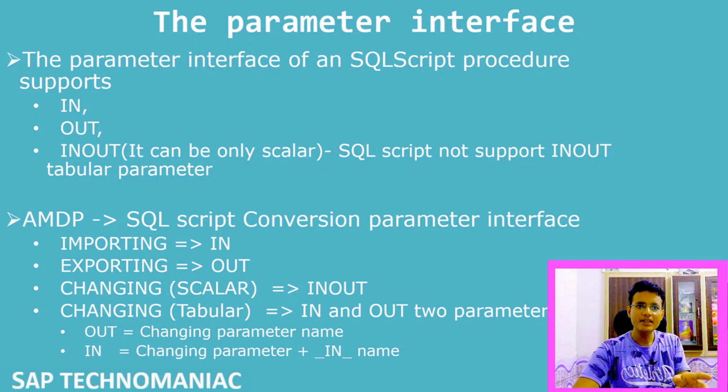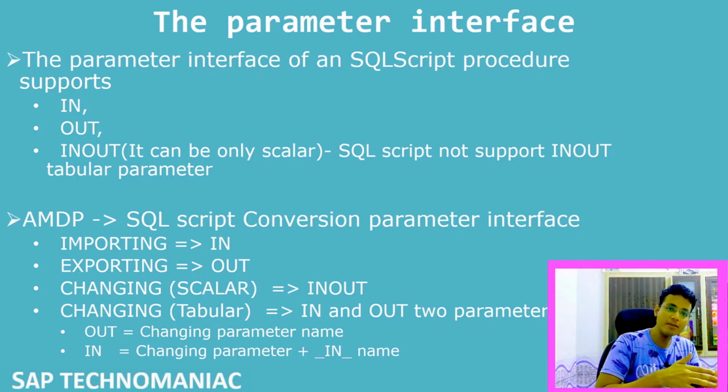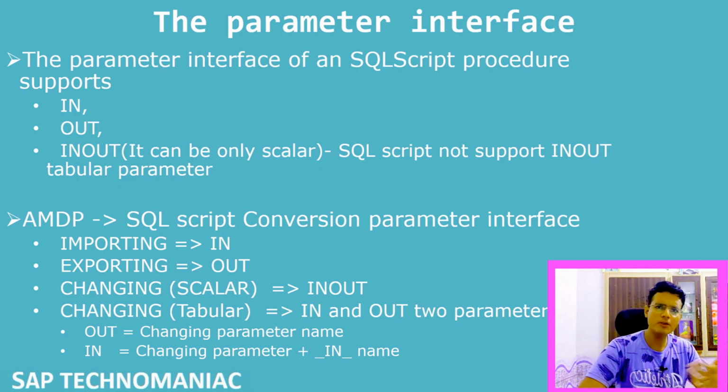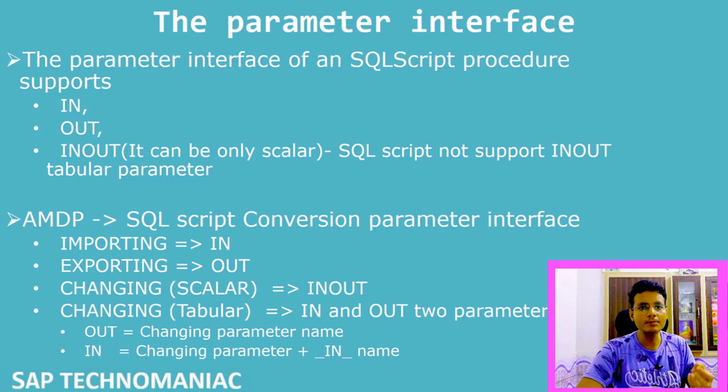So how it will be interchanged, as you can see on screen: importing parameter will be converted to in parameter, exporting will be converted to out parameter. But for a changing parameter, if we are passing a scalar type from ABAP, then no issue, it will be converted into the in-out parameter. But if we pass some table in the changing parameter, that will not be directly converted to in-out. Instead of that, there will be two parameters, in and out,